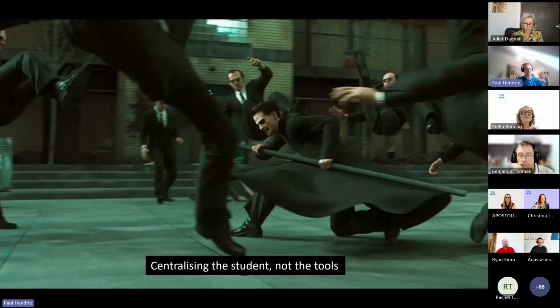This is kind of my image of this. So I don't know if you've seen The Matrix, but for those who don't know, Neo is a human, and he's in this computer program called The Matrix. And in this scene from the second film, there's all of these different agents. Those are the guys in the background flying around with the sunglasses. They all look the same.